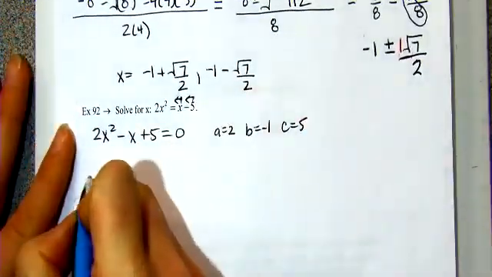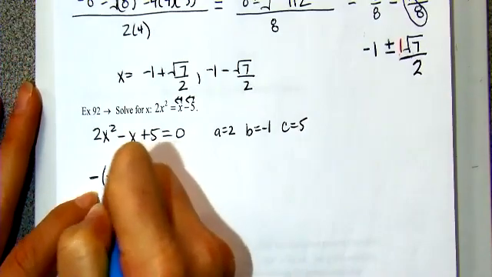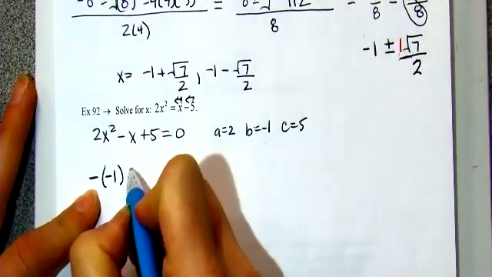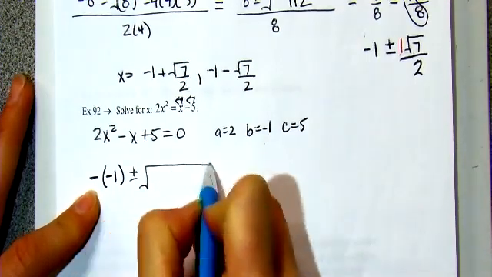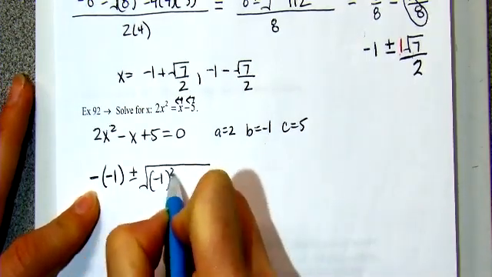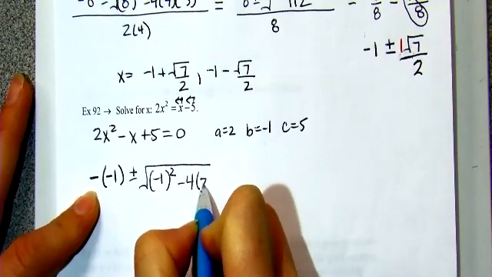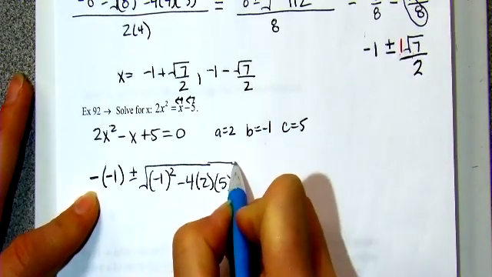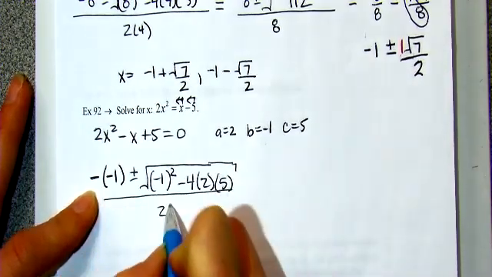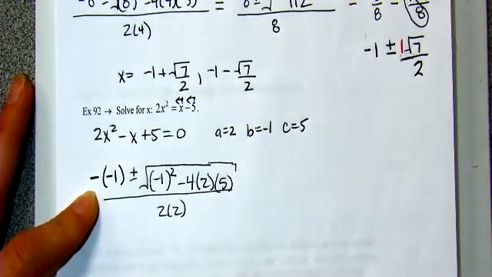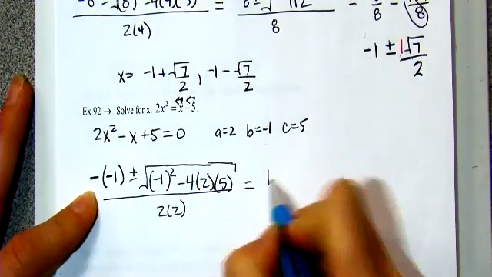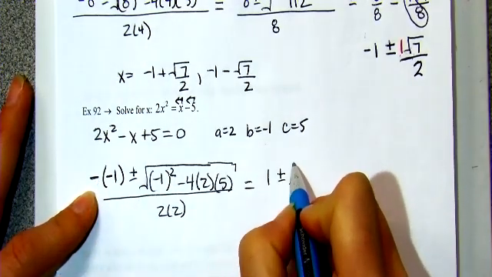So we have negative from the formula, but B is a -1. So sometimes you have a double negative that you'll have to fix. Plus or minus under the radical, -1 squared minus 4 times A, which is 2, times C, which is 5, all over 2 times A, and A was 2. So we have a negative and a negative makes that +1, plus or minus, and underneath this radical,